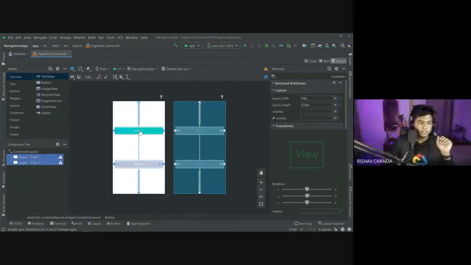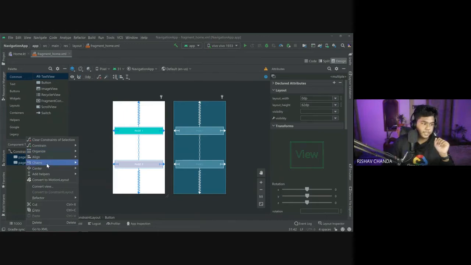Now you can see that these two buttons are having equal space from all the sides, in the vertical manner. Now what I want is to remove this space. I want this to come one after the other. So again right click on these two, then go to chain, and you would now see here is a vertical chain style. Previously that was create a vertical chain, but now once you have created, it is showing you vertical chain style. Now there are three different options. The first one is spread.